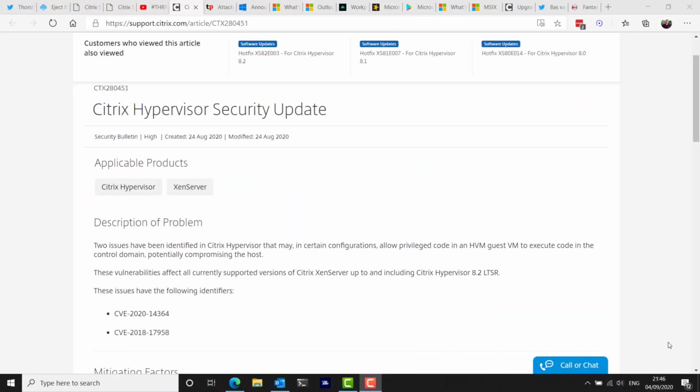Two issues have been identified in the Citrix Hypervisor, I still hate that name, that may, in certain configurations, allow privileged code in a HVM guest VM to execute code in the control domain, potentially compromising the host. Unfortunately, the vulnerabilities affect all currently supported versions of Citrix XenServer up to and including Citrix Hypervisor version 8.2 LTSR. The identifiers for these vulnerabilities are